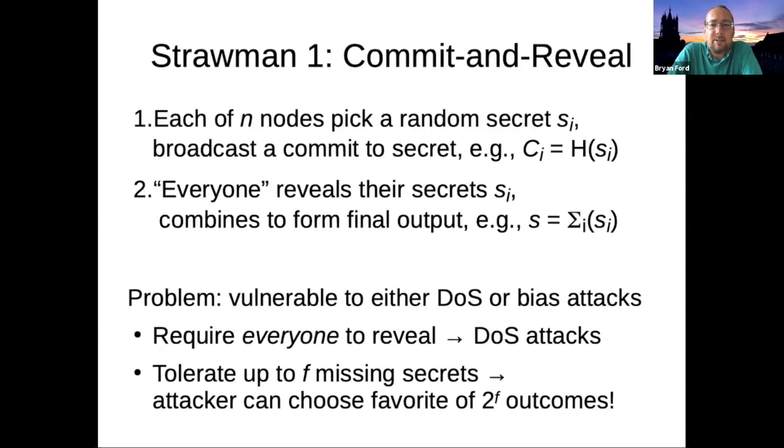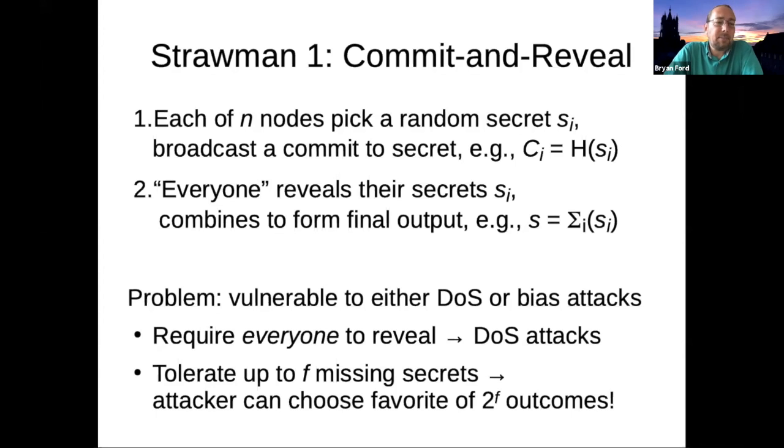And then once you do that, assuming everyone shows up and does what they're supposed to, they can only reveal one output. And as long as there's at least one honest node that didn't leak their committed secret to the adversary before going through this process, you're going to have good randomness. You're going to combine all the revealed secrets together, and nobody's going to be able to predict or hopefully bias what that was, right? So sounds attractive, right? But in practice, it totally doesn't work,